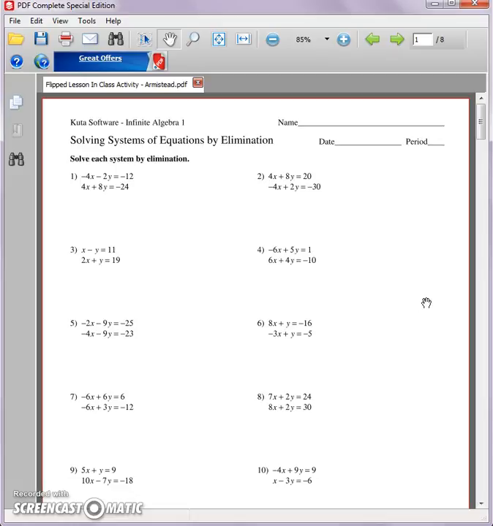I will put students in small groups of 3 to 4 to complete the first page of the flipped lesson. As you can see here, this is the first page, which is related to solving systems of equations by elimination. My flexible groups usually consist of a low-level learner, an average-level learner, and a high-level learner. This type of grouping has worked very well for me in the past and continues to work well for me in the future. As you can see, there are 12 questions here on the first page